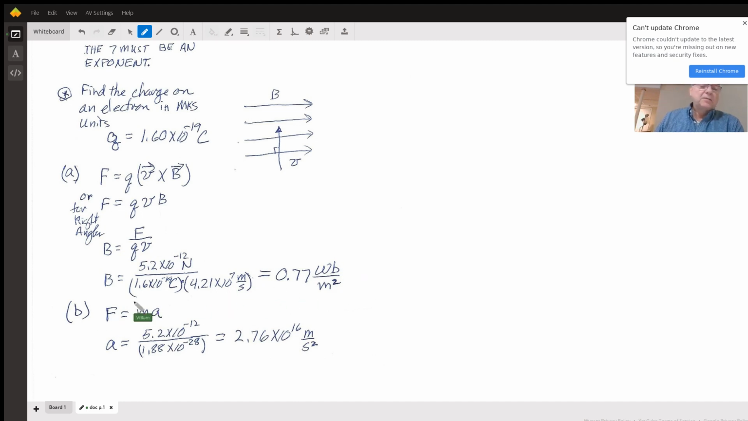The second part of the problem is also fairly simple, but we've got to go back to our mechanics and say that the force is equal to the mass times the acceleration. They give us a mass and they give us the force. And so we end up with 2.76 times 10 to the 16th meters per second squared as the acceleration of